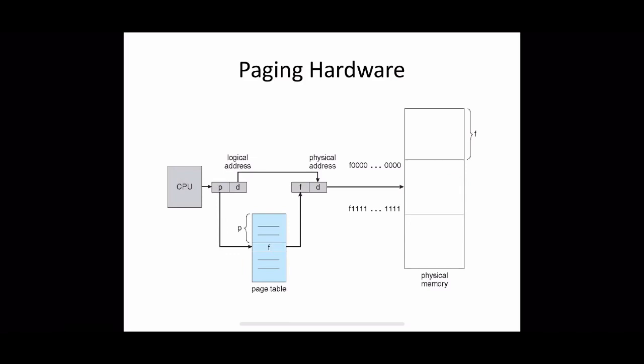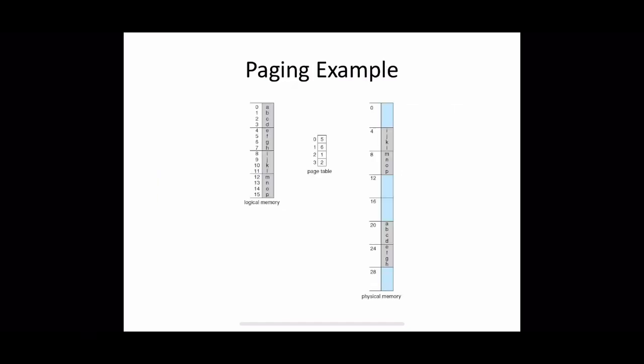It is very straightforward. Now you can see an example of this paging. We have a logical memory of 4 different pages here and a physical memory of 8 different frames. Page 0 is copied into frame 5, and that information is updated in the page table. Page 1 is copied into frame 6. Like that, every page is mapped into free frames available, and that information is kept in the page table.